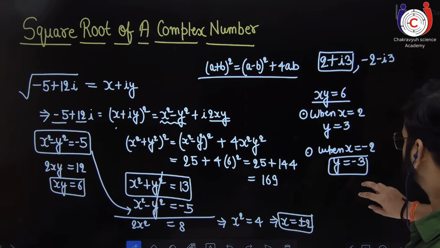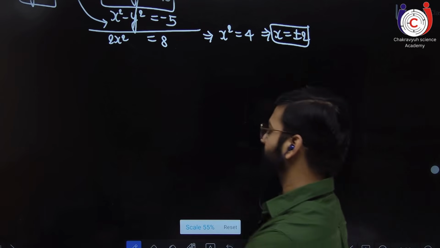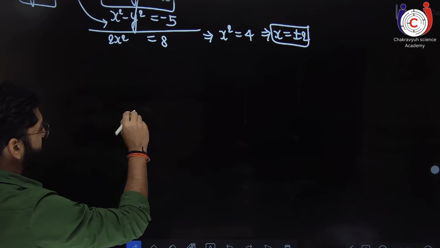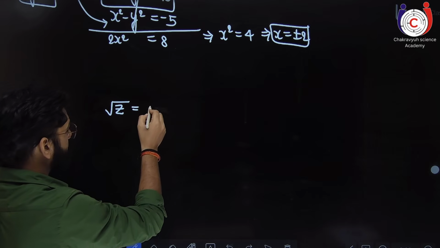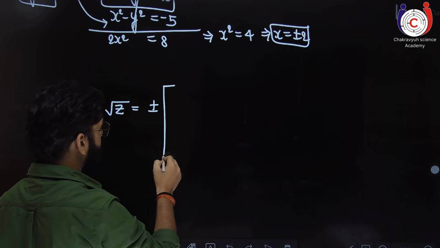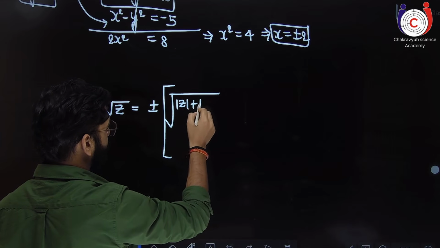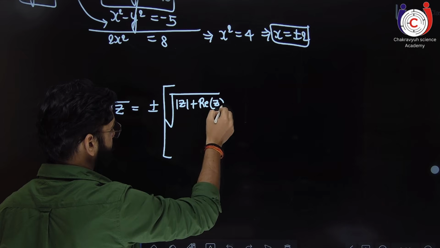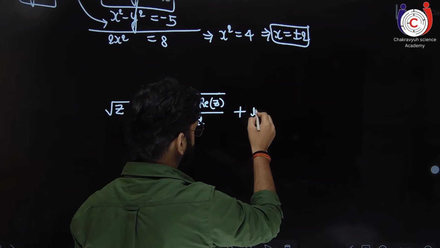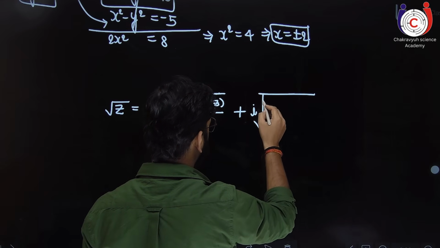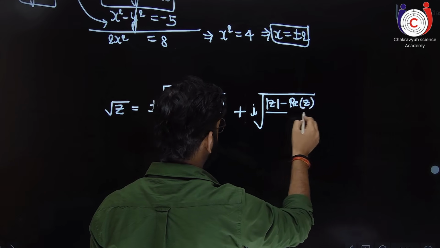So now let's discuss the shortcut. I'm writing one expression on the board. All of you copy that. The shortcut is that the square root of a complex number will be equal to plus minus under root of (mod of the complex number plus the real part of the complex number) by 2, plus iota times root of (mod of the complex number minus the real part) by 2,